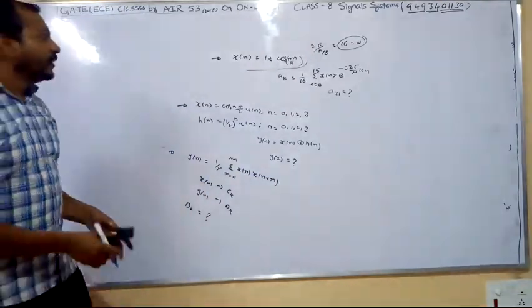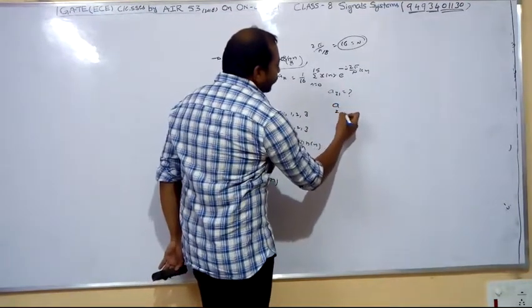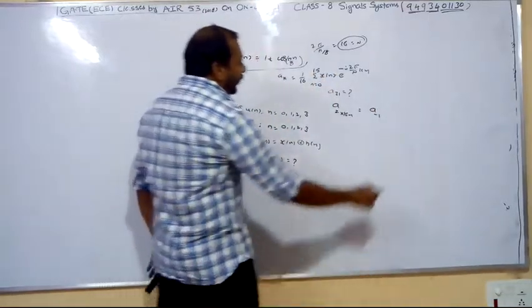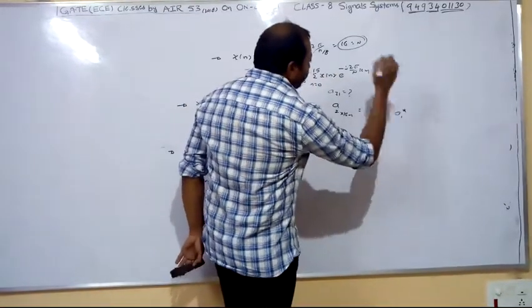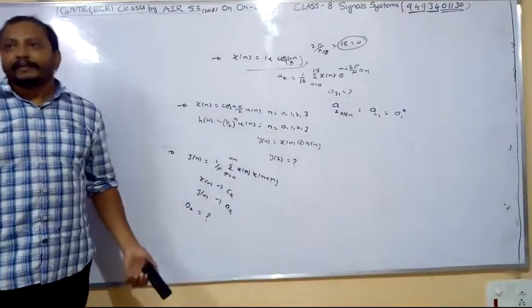Simplify your ck only. They are asking for a31. This a31 can be modified as 2 into 16 minus 1, which is equal to almost a minus 1 only. This a minus 1 is equal to simply your a1 star. If you are in a position to identify the value of a1 or a minus 1 star, directly that value is our required